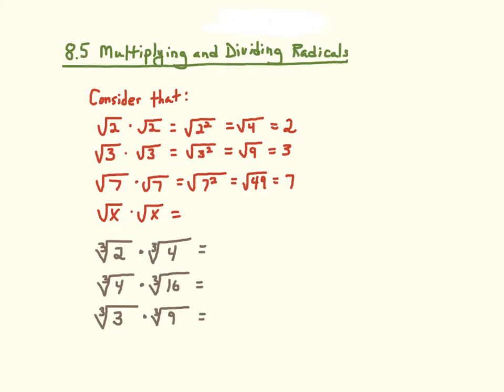Okay, it's a lesson on 8.5, multiplying and dividing radicals. So just for some background information and skills that will be applied in this lesson, let's consider what happens when we multiply root 2 by itself. Well, let's also remember this property that we've already seen,